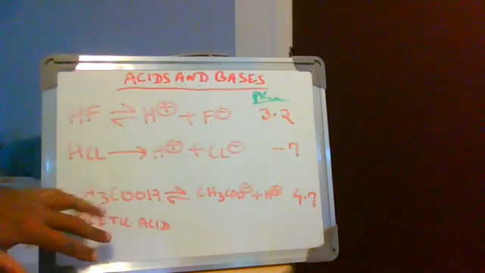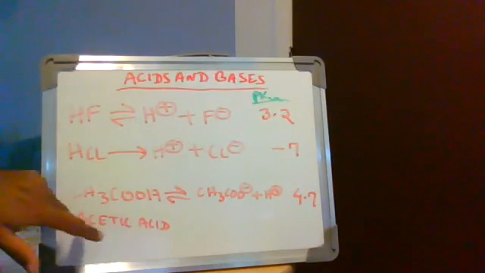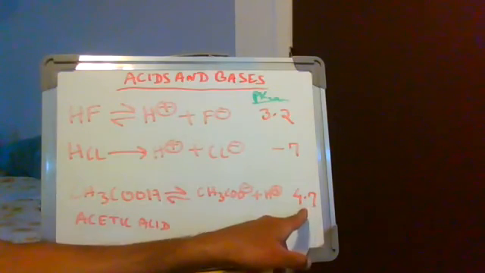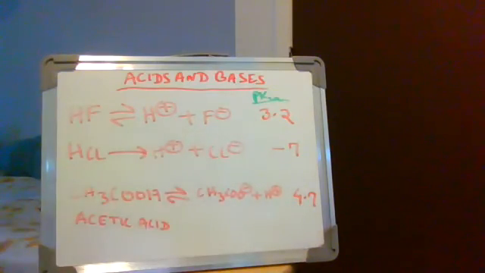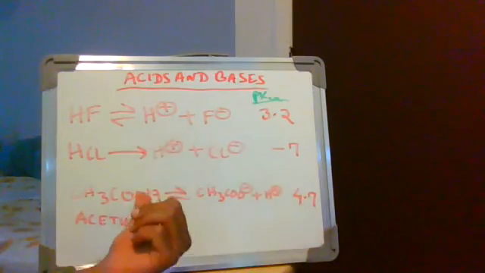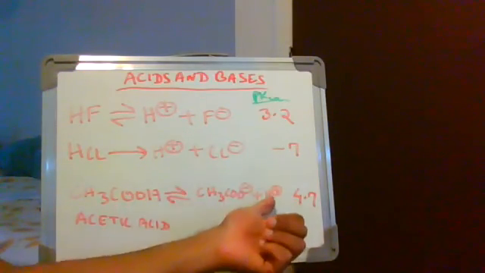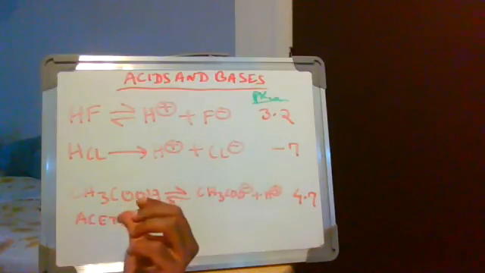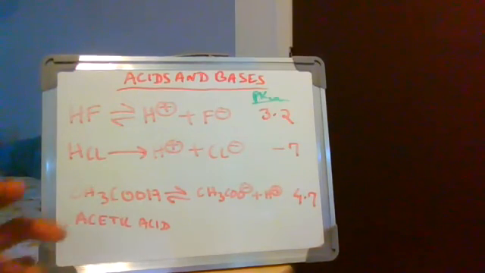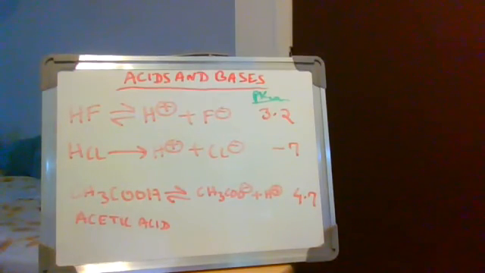Now, among these, acetic acid is the weakest acid because it has a pKa value of 4.7. That means it's even weaker than hydrofluoric acid. Its pKa is 4.7. That means even less acetic acid dissociates, which means you will get fewer protons, and that's why it is a weaker acid. It is the weakest acid in this series. So that's the general idea of the application of pKa and how that relates to acidity and the different strengths of the weak acids.